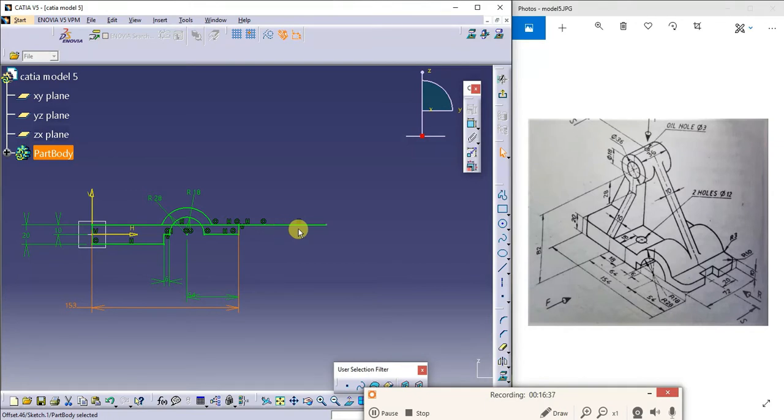So what I do here, this length, I'll delete this and make it a single line.